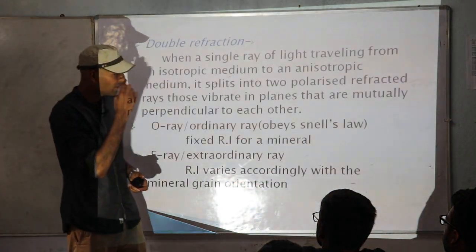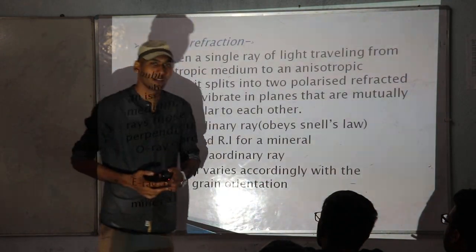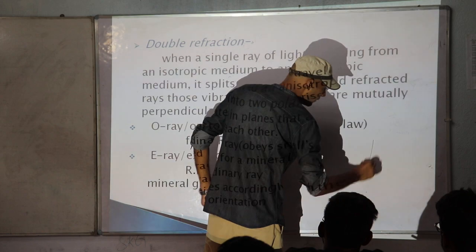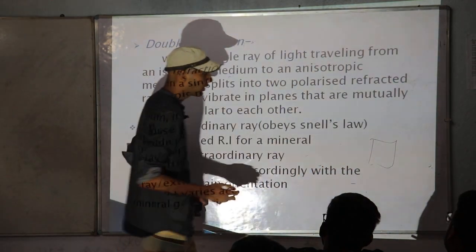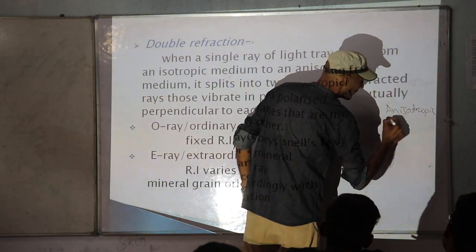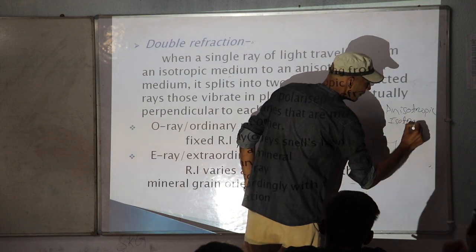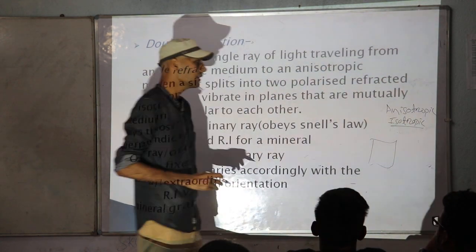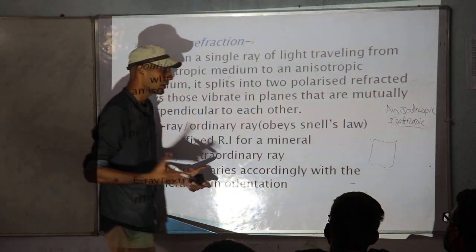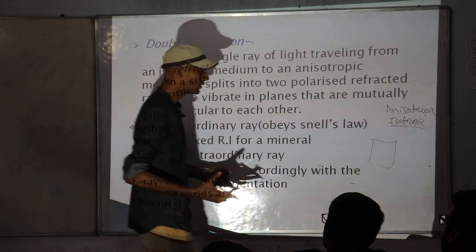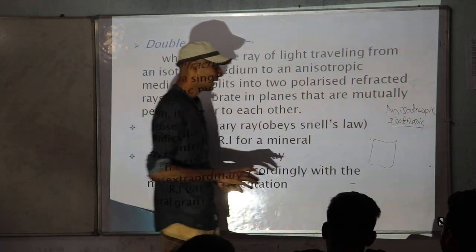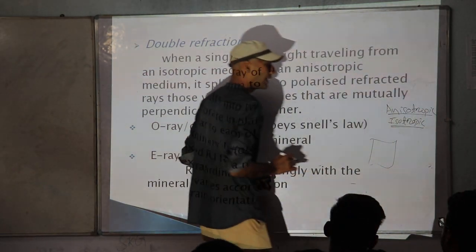Okay, so starting, first one is double refraction. What is double refraction? Double refraction means when any anisotropic mineral is there over the microscope. So the terms are anisotropic and isotropic. What is isotropic? Isotropic means the properties of the mineral, different properties like optical properties, refractive index, the velocity of light ray within the mineral, are the same in all directions for a mineral. If that is different in different directions of the mineral, that is anisotropic.